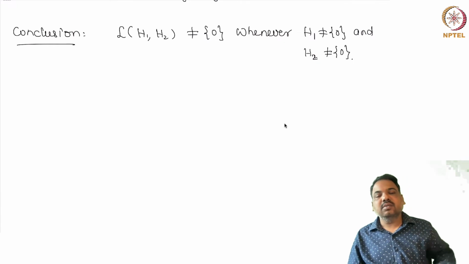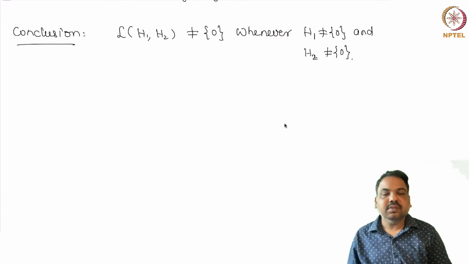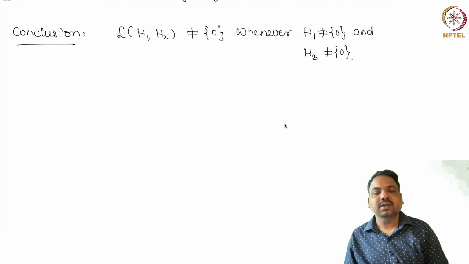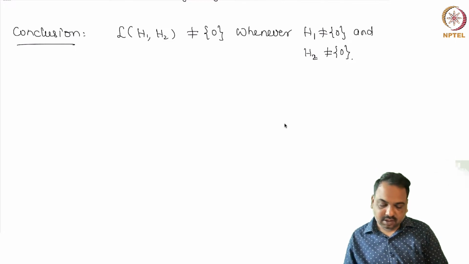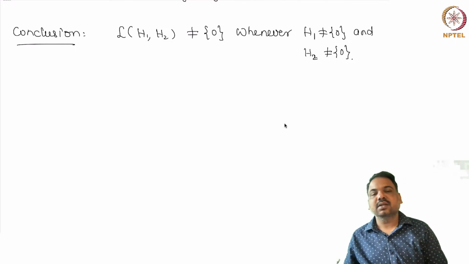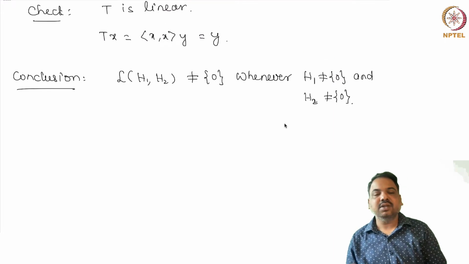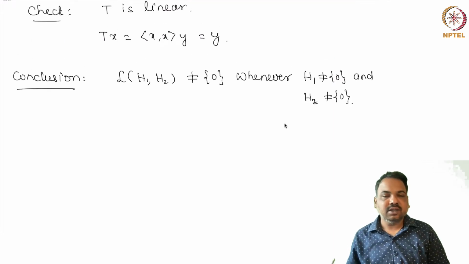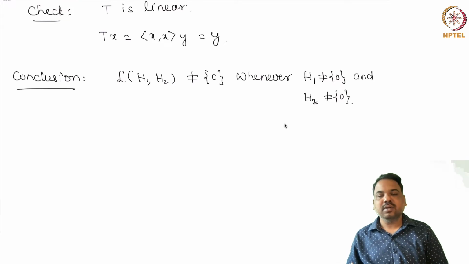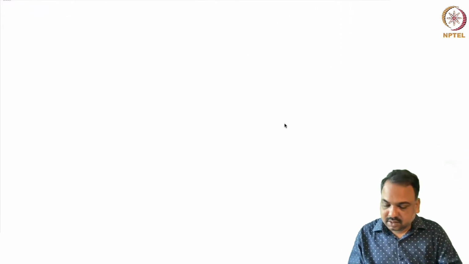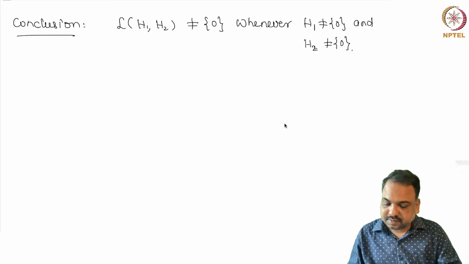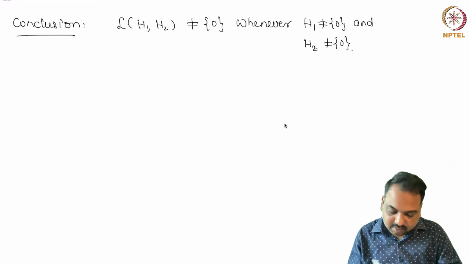Next, we want to discuss the structure of L(H1, H2). That means, can we say that we can define more operations on this L(V, W) or L(H1, H2) so that it becomes a vector space? Then we can ask whether it has some more properties. So the next thing we can discuss is that, on L(V, W),